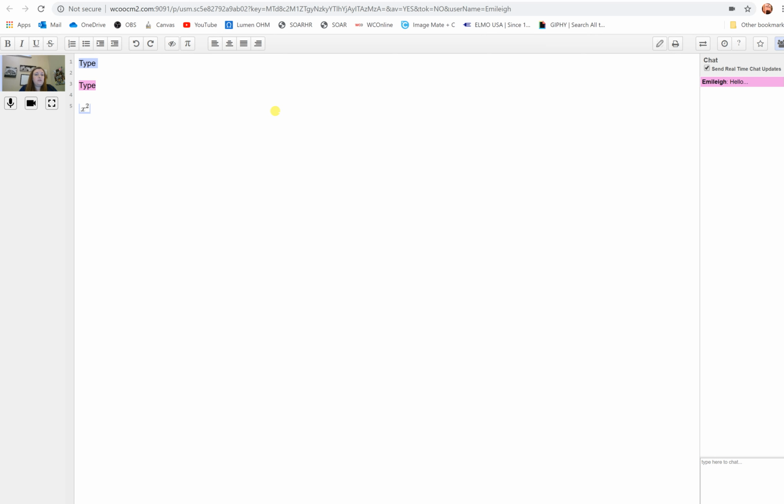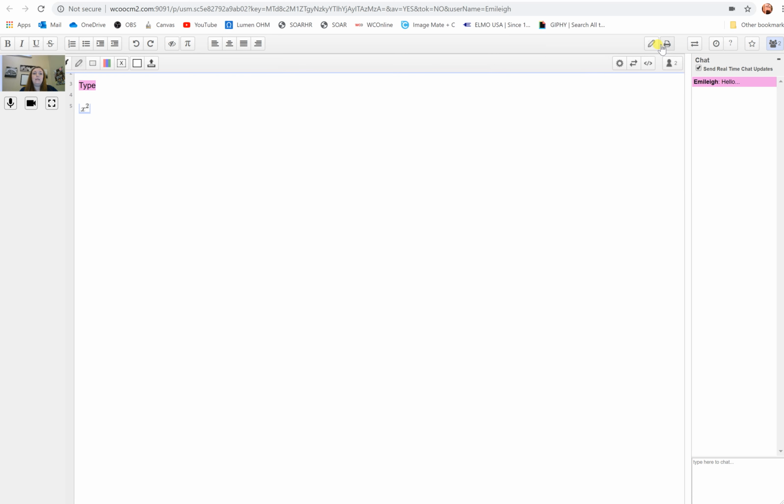Lastly, you can use the draw feature. Now, this is not perfect, and I'm letting you know this now, but if you have a tablet or a laptop you can write on, this might be the best way. And it is using this drawing tool right here. So if you click that, you will see that you have some options, and I'm going to click it again to expand those options. From there, you can click the pencil, and then you can just use your writing tool